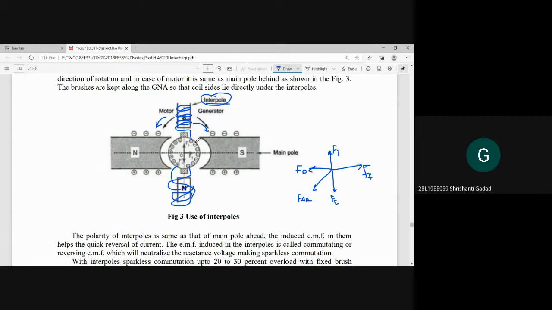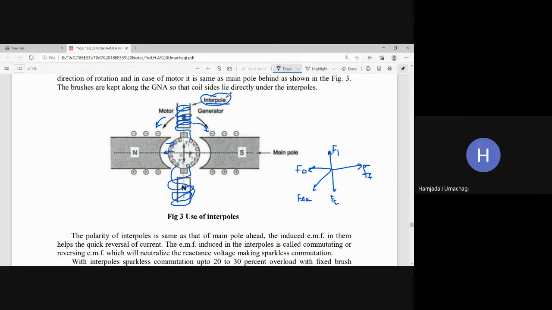Yes, sir. Okay, so how will that compensating winding be connected? The interpole winding is connected in series with the armature, whereas the compensating winding coils are connected in series opposition with the armature. Series opposition means if current flows in the armature in one direction, the current flowing in the compensating winding will be in the opposite direction. So if it is plus 2 volts here, it will be minus 2 volts there. Plus 2 minus 2, the armature reaction is completely balanced, but only in the polar region. But what about the armature reaction taking place along the MNA? To take care of that, we make use of interpoles.